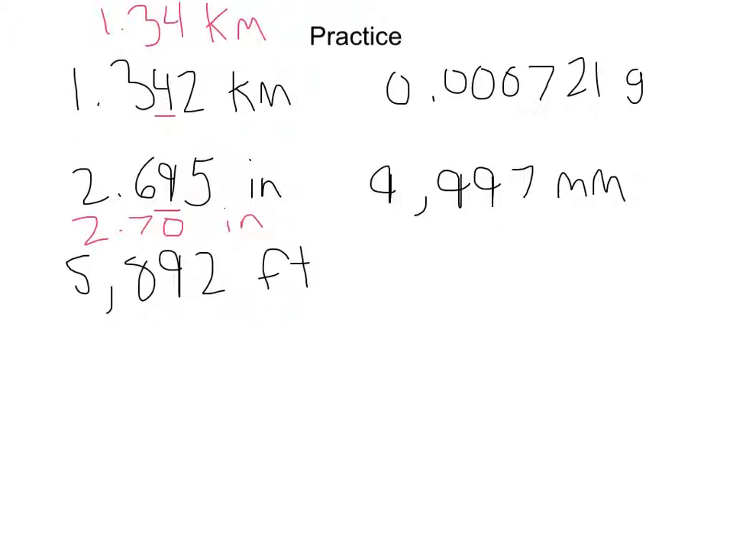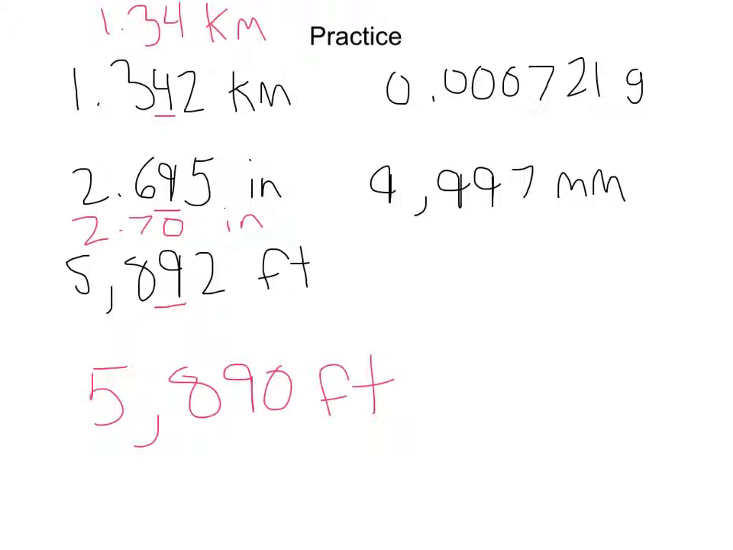So let's do the next one, 5,892 feet. We go to the third digit, which is the 9. The 2 is going to make it stay the same, so we can rewrite as 5,890 feet. Now we've only got 3 significant figures, so we're good. Alright, our next number,